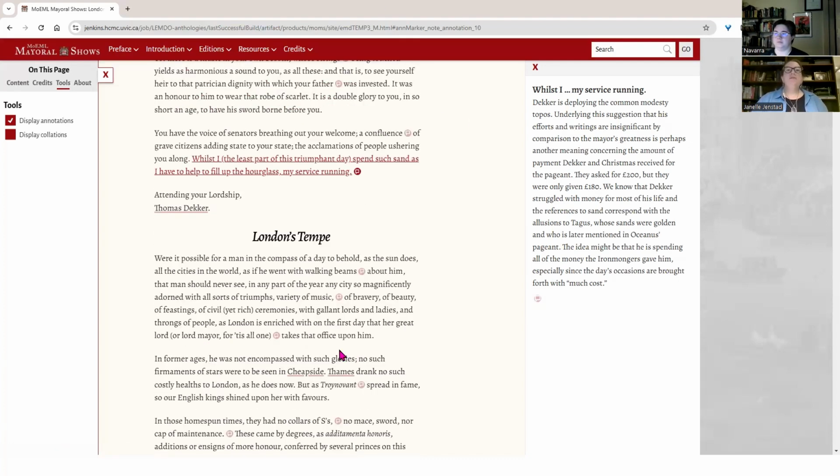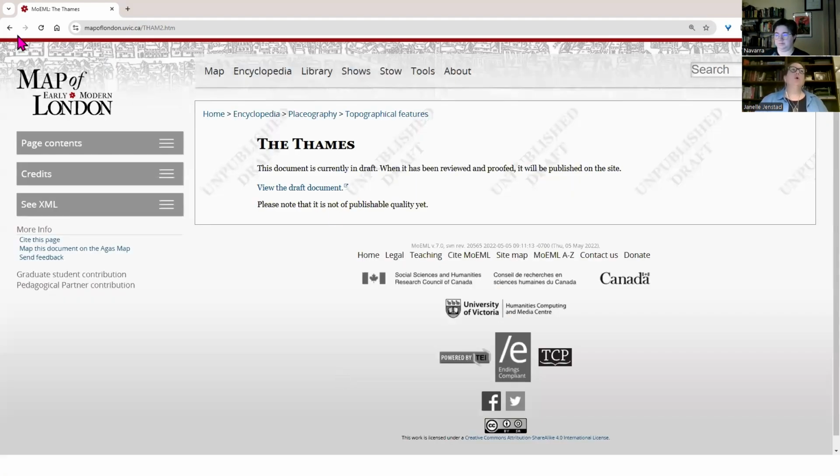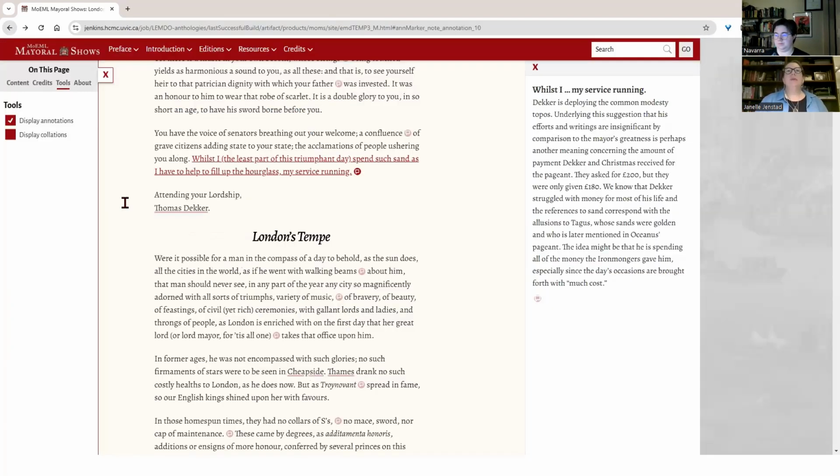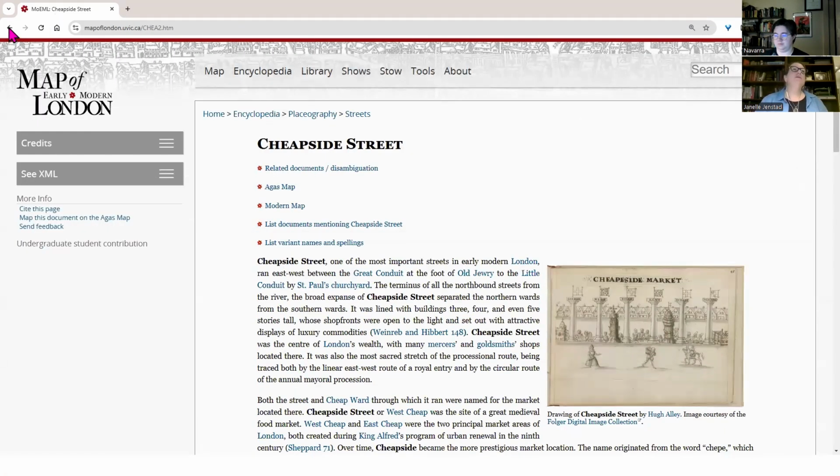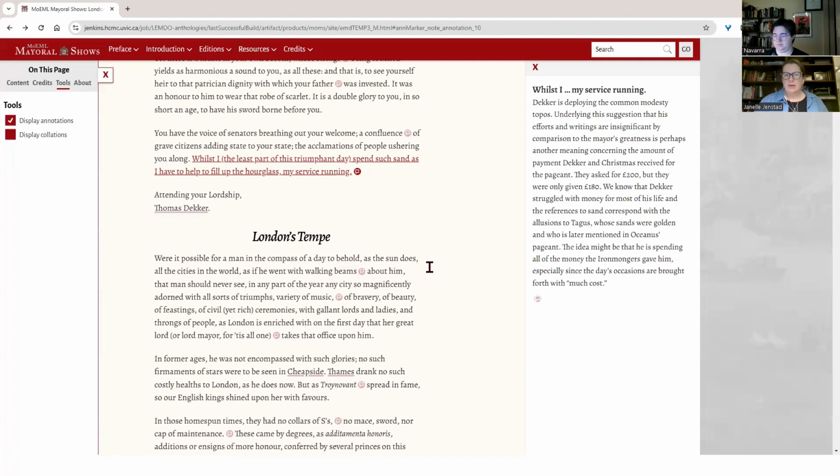We do still have some underlining in the text, but it's now serving a different purpose. So if you click on an underlined link, you actually go to an external website. So in this case, a lot of the annotations go to the map of early modern London because we didn't want to duplicate the efforts that we'd made on that project.